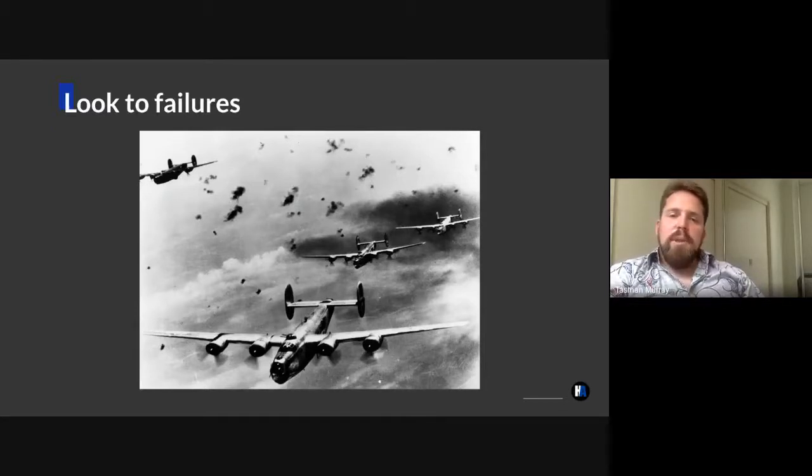They actually need to look at the planes that didn't come home. So of those planes that had come home, where weren't the bullet holes? With the suggestion being that any plane that had been shot in the places where there weren't bullet holes didn't return. So those were the areas that you needed to improve the armor on. In customer analytics, you need to do the exact same. You can't just look at when your customers are improving or when you're getting sales from a customer. You need to also look at when your customers are leaving.